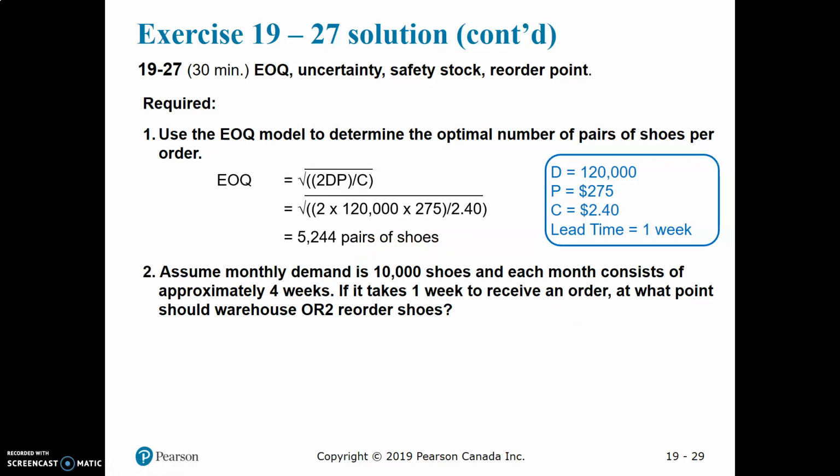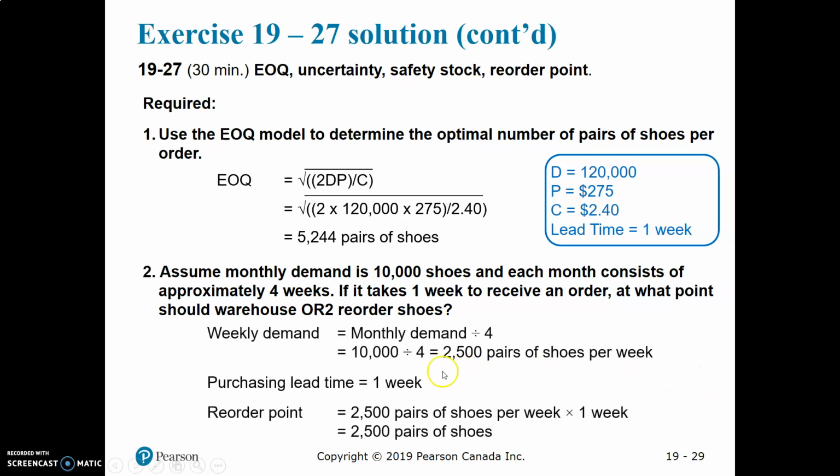Second question is for calculating the reorder point. First, we need to calculate weekly demand, which is equal to monthly demand divided by 4. In this question, our monthly demand is 10,000 shoes divided by 4, which is equal to 2,500 pairs of shoes